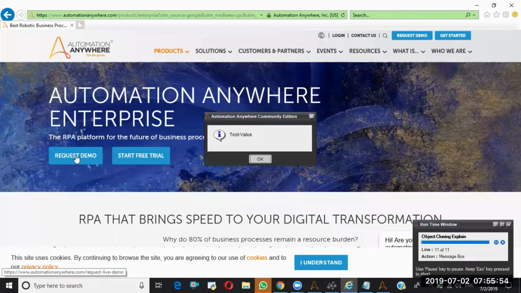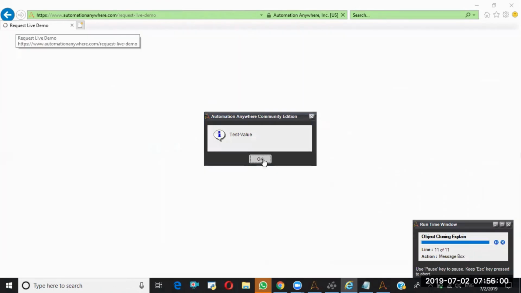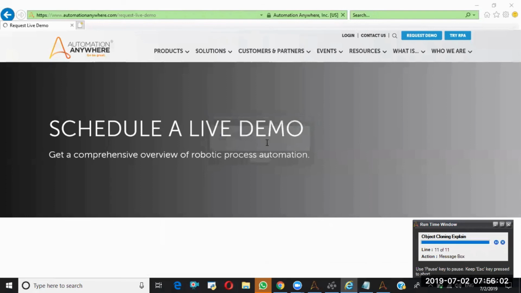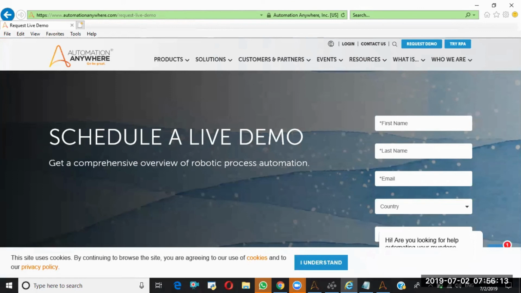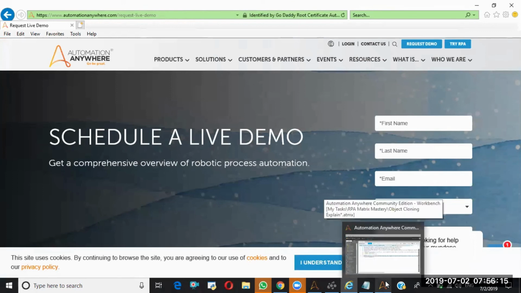See, it performs the click operation. If you see, it's redirected to the Automation Anywhere portal. So yeah, like this, object cloning will work. This is about object cloning. So do your own research with these different object play modes and the customization part.